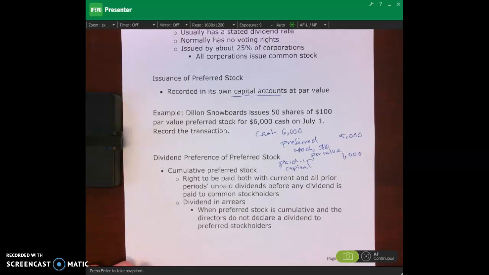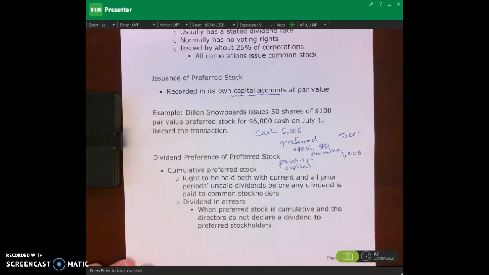We also have, let's talk about the dividend preference of preferred stock. So preferred stockholders are going to get paid their dividends before common stockholders. Now, within the dividend preference of our preferred stockholders, we have two different classes. We have cumulative preferred stock, and we have non-cumulative preferred stock. Okay? So what cumulative preferred stock means is that those preferred stockholders who own cumulative preferred stock have a right to be paid both current and all prior periods' unpaid dividends before any dividends are paid to common stockholders. So that means they get paid this year's dividends, and then if last year the corporation didn't pay dividends, they get last year's as well